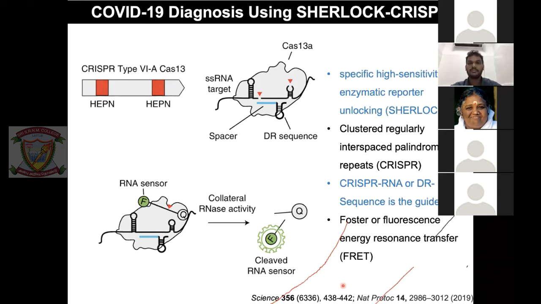In PCR, the primer goes and binds to the genomic DNA. Here, instead of a primer, there is something called a direct repeat sequence, and this repeat sequence will bind to the target. This is called the guide RNA, and it is like the primer in PCR; here it is the primer in the CRISPR system. So this goes and binds. But this has this black thing, this signaling molecule.